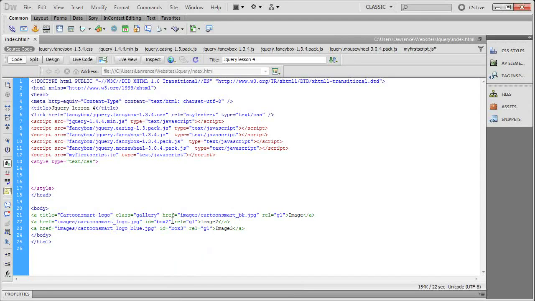Okay, and I'm going to do the same for these lot. I'm just going to copy that, and I'm going to do the same for those. Okay, I'm going to remove that ID and change that out for a class of gallery,